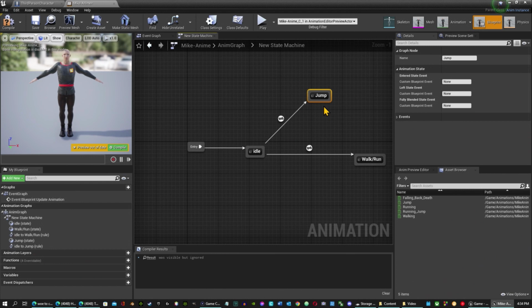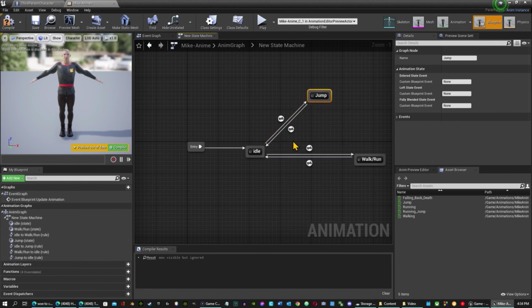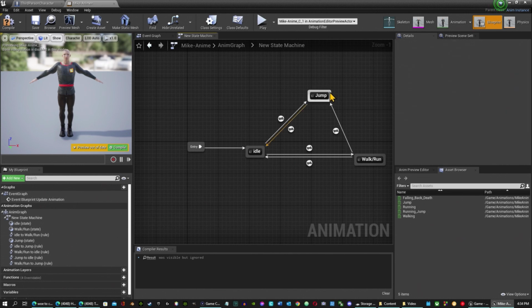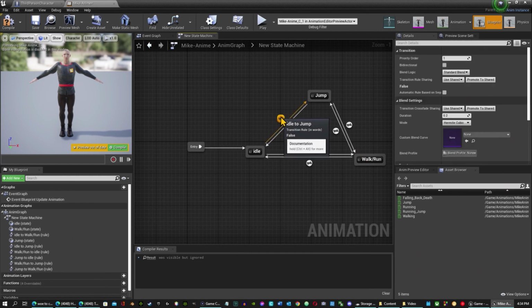Alright, so from there, I'm going to need walk and run back to the idle, and the jump back to the idle, and I'm going to have walk and run go to jump, and jump back to walk and run. Okay, so the next we're going to do our transitions. So if you double click on these,